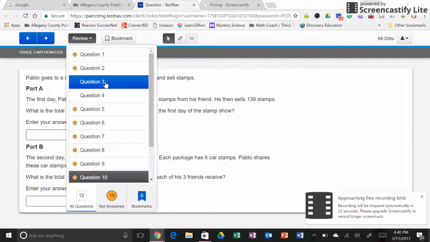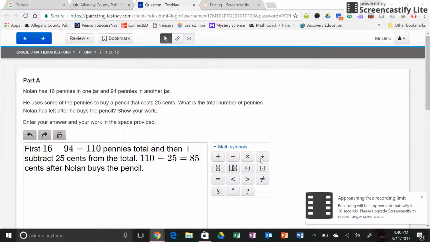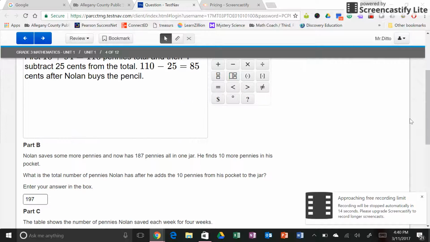Well, we're going to go back to question number 4. And with the remaining time I have, I'm just going to show you how to build a fraction with this. So I know this has nothing to do with our answer, but let's get this. So if I hit the fraction button, it's going to come out and look like a box right there. So I put my numerator in the top number and then my bottom